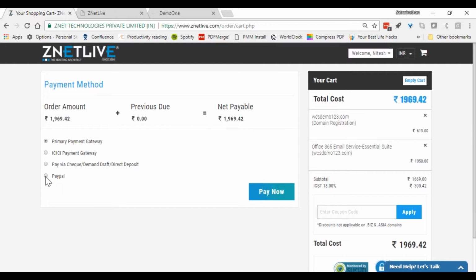Okay, and the other thing is, for example, we have chosen a small subset of the payment gateways here. There are a few more other payment gateways as well, so you can choose to use any of those as well. So when the customer clicks on Pay Now, then the direct integration is established with the payment gateway. Services get provisioned automatically.